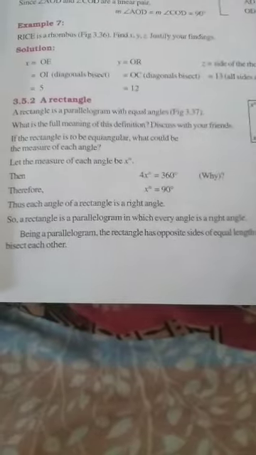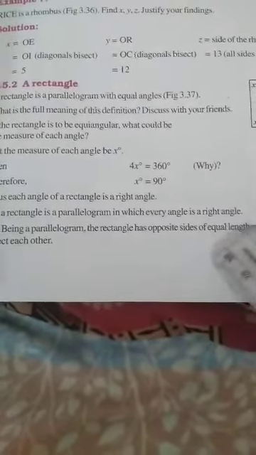That's why x, this is given x, x, x, x. All angles are the same. Rectangle के all angles same होते हैं या parallelogram के. So x plus x plus x plus x कितने हो गए? 360. 4x is equal to 360. So x is equal to 90. Have you got this? How it becomes 90? That's why rectangle is a parallelogram in which every angle is a right angle.